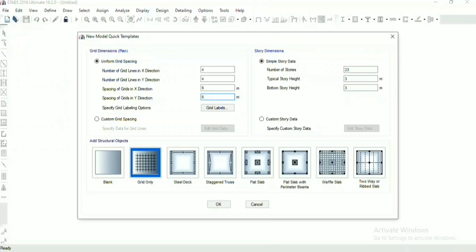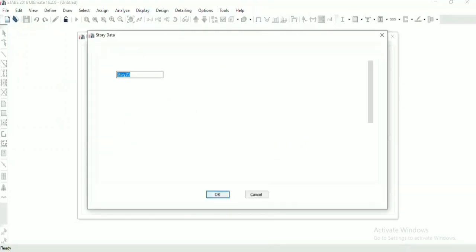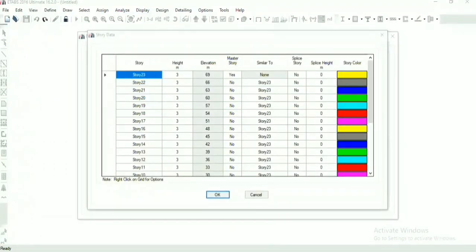Now story dimensions. The number of stories is given as 23, and both the typical story height and bottom story height are 3. Now we have to define the sets of similar stories. For that we go to custom story data. Now we create different master stories as per the sets of stories.